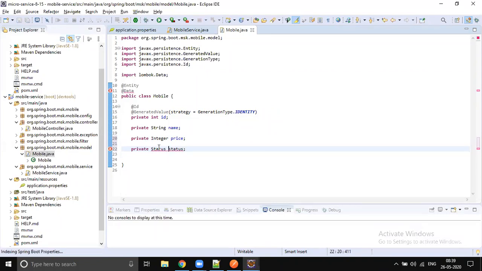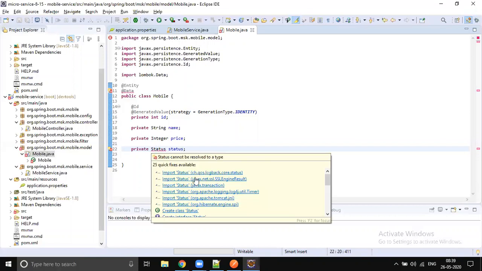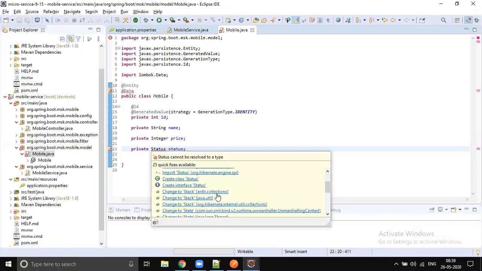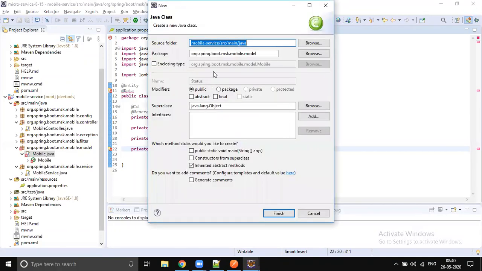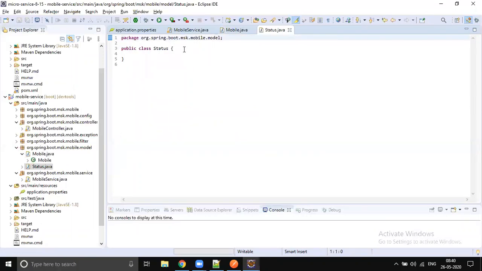Status as enum. So let's create one enum called Status. So create class. Okay, let it be class. Later we will change it to enum. Okay, and this is supposed to be in the model package. Yes. Okay, so let's change class to enum now.